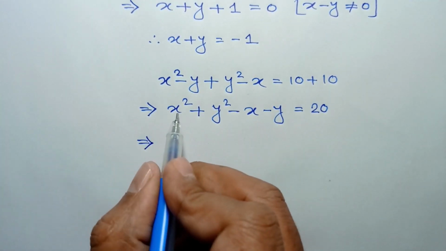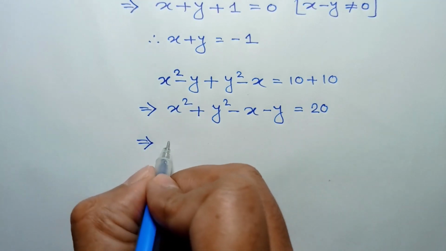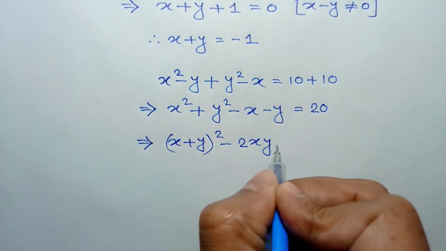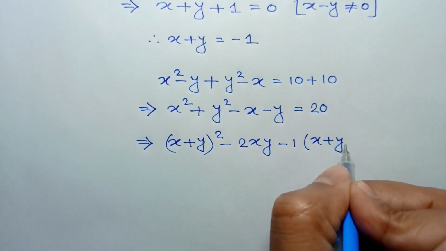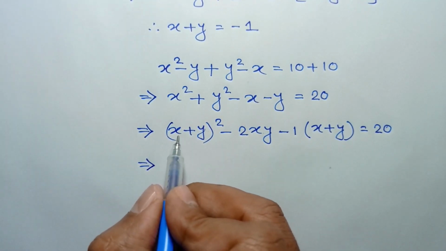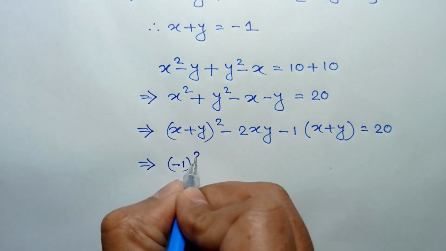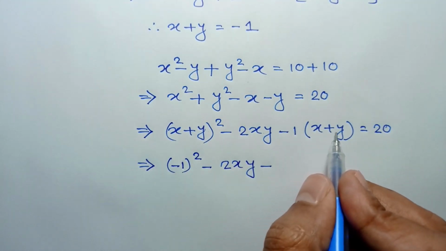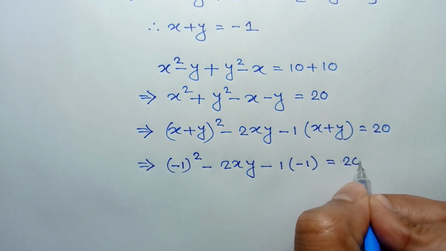or applying the formula a² + b² = (a + b)² − 2ab, we can write (x + y)² − 2xy, and taking common negative 1 from these two terms we can write −1 times (x + y) = 20, or now substituting the value of x + y = −1, here we can write (−1)² − 2xy − the value of x + y, which is −1, so we'll get 1 times −1 is equal to 20,